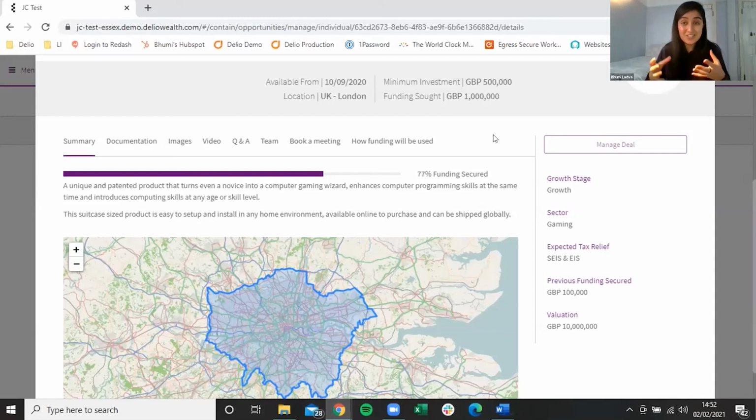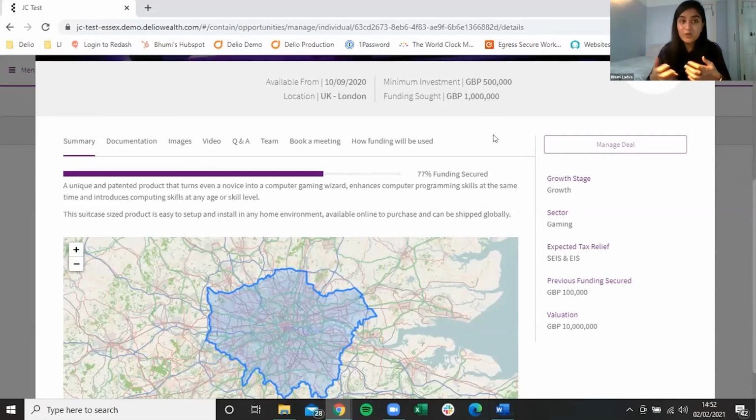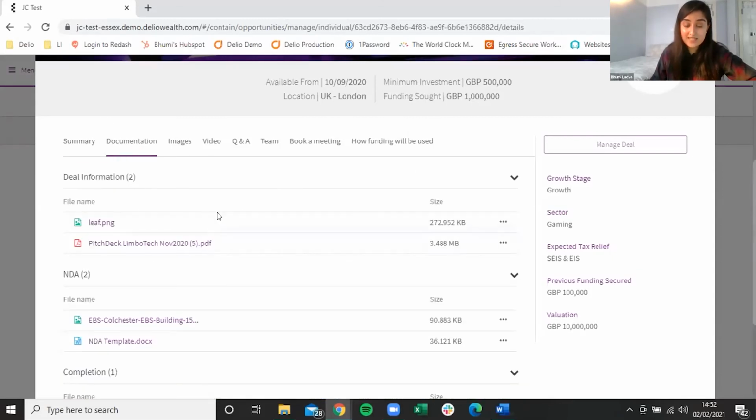But as John mentioned, each deal is unique. You want to give the investor information which pretty much no other opportunity has. We really need to put ourselves in the shoes of investors and think about what information they want to see quickly, rather than having to go through streams and streams of documentation, which they might do at a later stage. So you can see that they'll be able to see the summary, documentation as and when they go through the transaction process, which we'll go through in the next session.